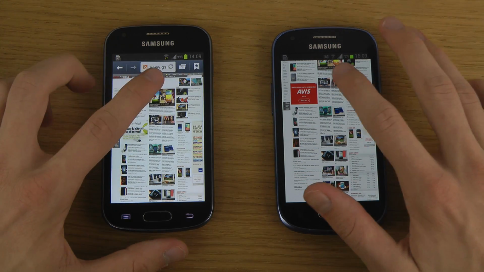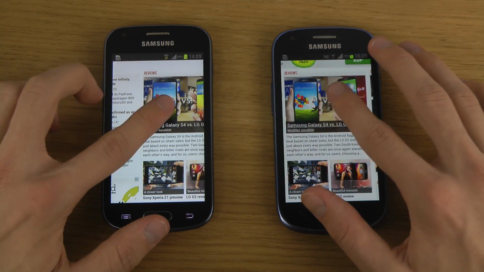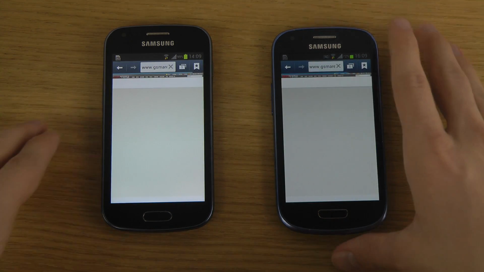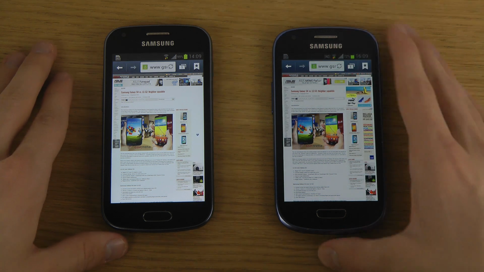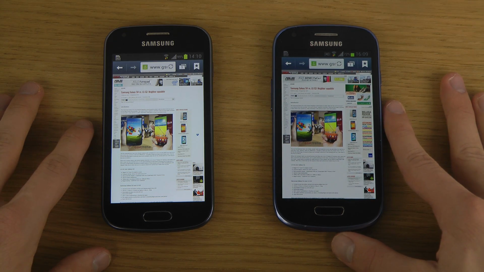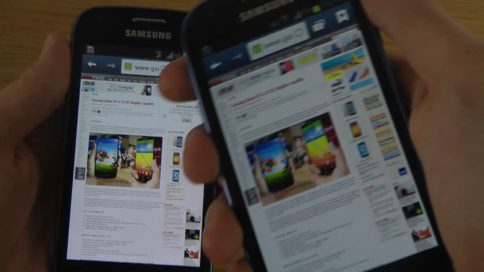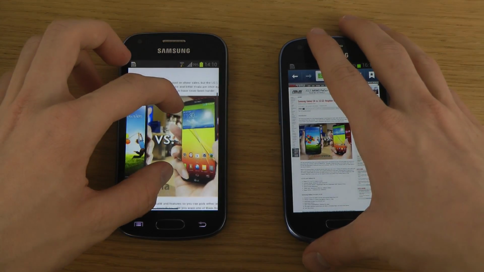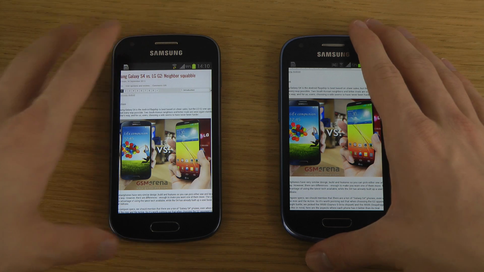Let's also see here if we can do a double tap. Also, when we are double tapping here, you can see that it has to render a little bit more. In terms of speed here, seems to be about the same, shouldn't really be any major thing. Of course, also with the display technology, you can see that the display here is actually better and brighter here on the AMOLED display that you would get on the S3 Mini